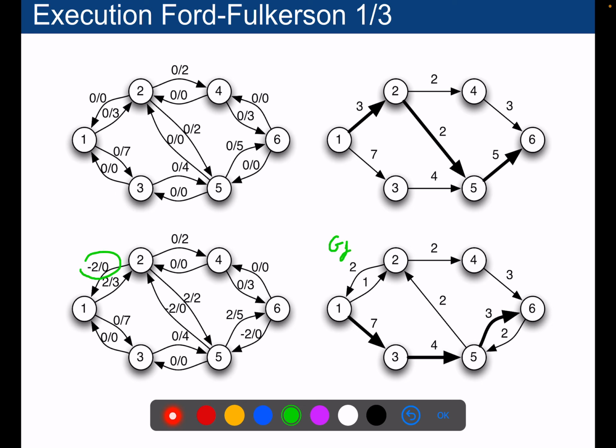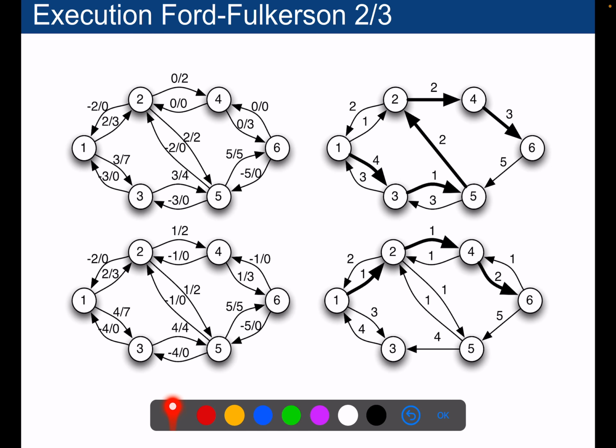You have a residual capacity here of 2 because you can cancel 2 units of flow, but here you have 1 more unit that you could push, so you have 1 in that direction. And so you compute the residual value for all the edges. Again, you find an augmenting path. You can, for instance, use that one. What is the smallest capacity that you have here? Well, the smallest one is 3, which means that you can push 3 more units of flow along that path. That's the new flow that you get, and that's the new residual graph.